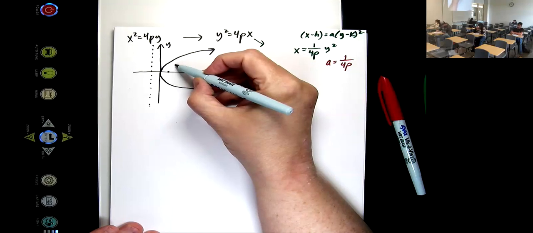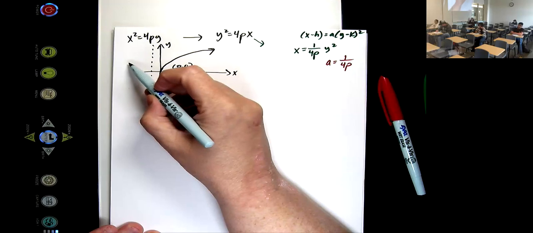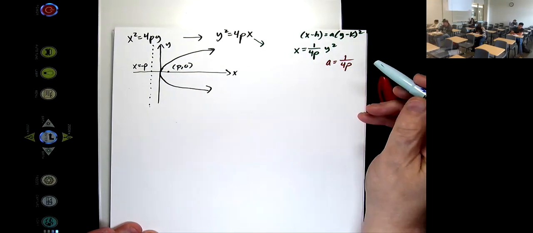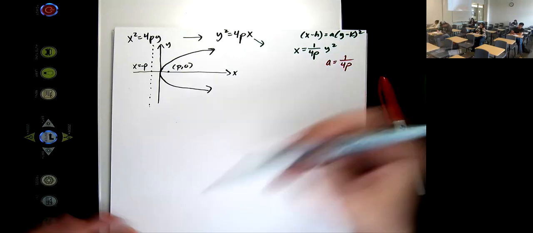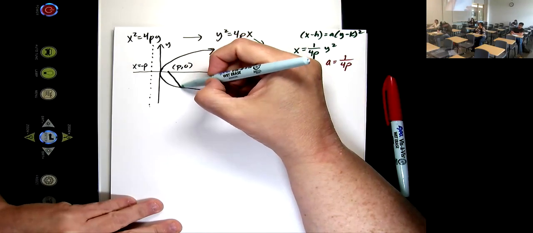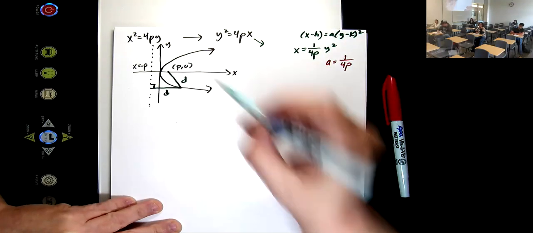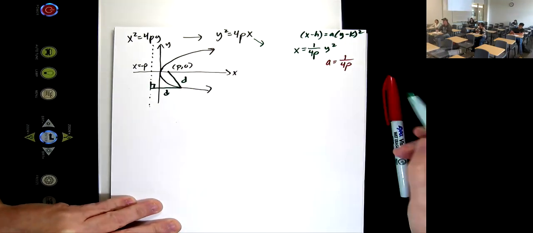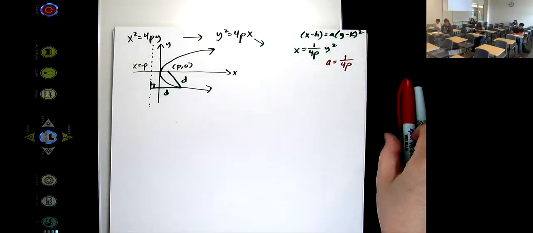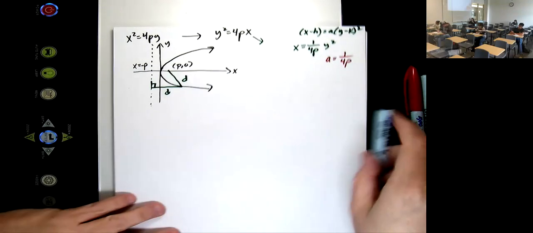So here my focus is at (p, 0) and my directrix is at x equals negative p. And presumably, if I did this correctly, my sketch looks good. These distances D are the same, and it makes a right angle with the directrix. Like that. So